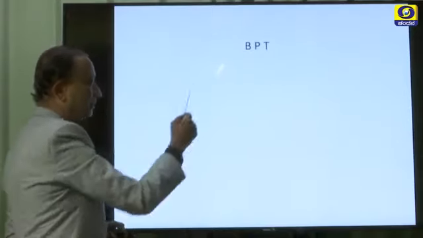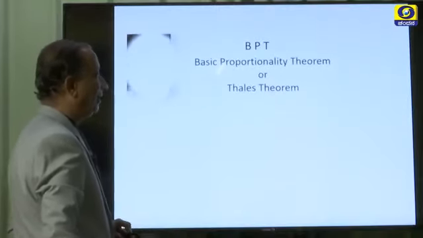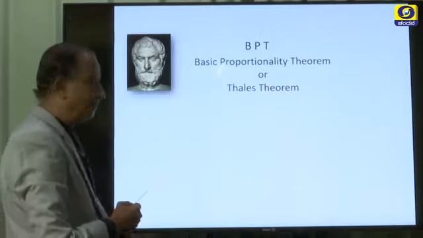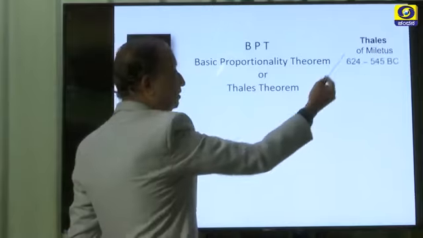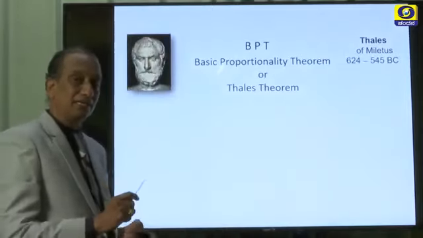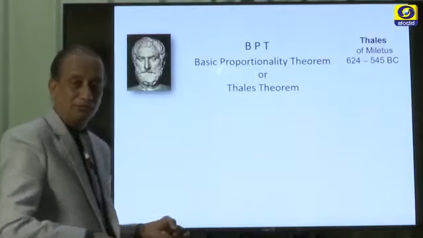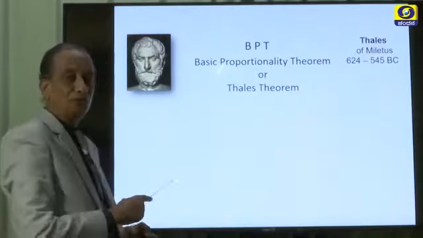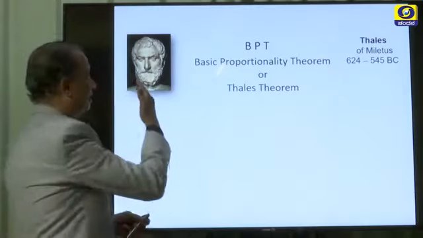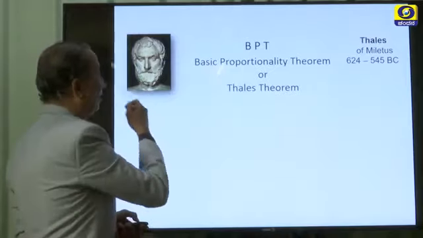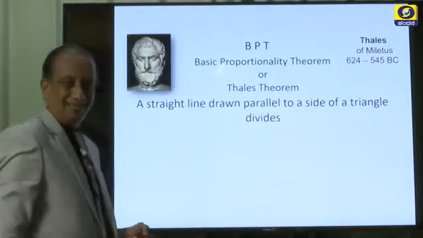Okay. So let us try to recall this basic proportionality theorem, or Thales theorem. One image is coming here. He is Thales from Miletus, who lived around 600 BC, and he is the first person to start the proofs of theorems, whatever we are writing, that kind of proof. This is the person Thales has started. So a great salute to this gentleman, the mathematician Thales.